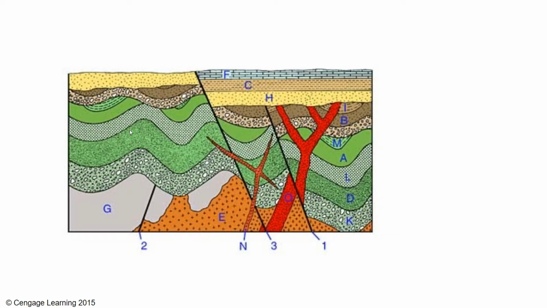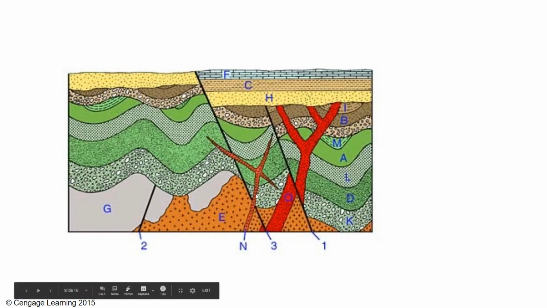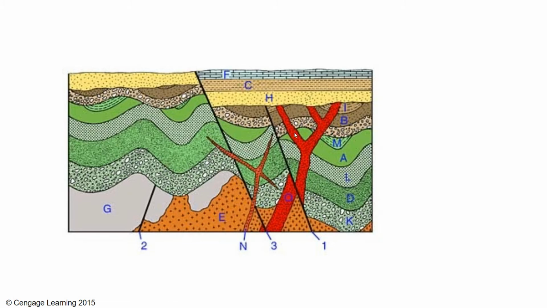things occur in, right? And so you'd say from oldest to youngest, we'll start off with G because E is intruding into G, and then you'd go to 2, which is the fault there, and then you would go to K and D, and then you would go to O from there because that's intruding, but it's getting cut off, and then you would go from there to L, to A, and then maybe at that point you might bring in the fault 3 here, and then N subsequently, and then of course M, and then